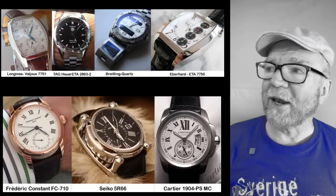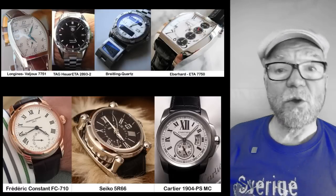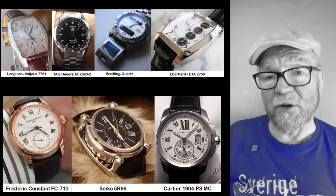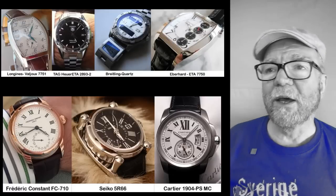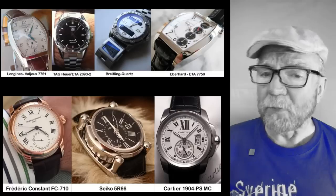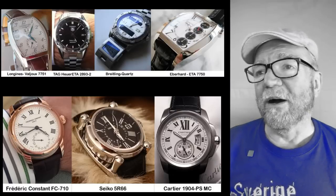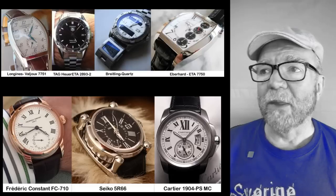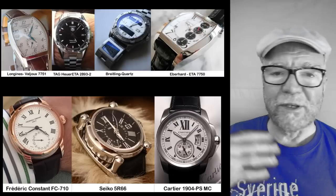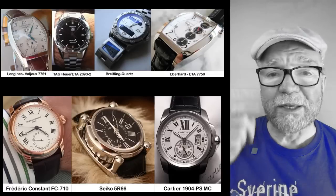And today I'd like to take a look at the collection of Satiriadis. Okay, this is what I call a bifurcated collection. On the one hand, you have some watches, they're very pretty watches, I might add. A Longines, a Tag Heuer, a Breitling, and an Eberhard. And these watches are all either the Breitling is a quartz, the others are ETA based